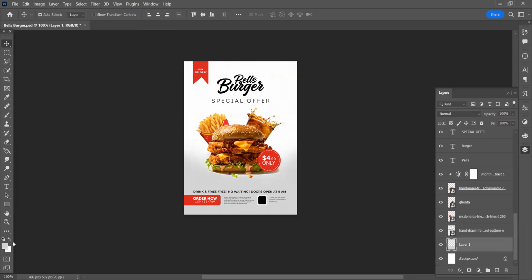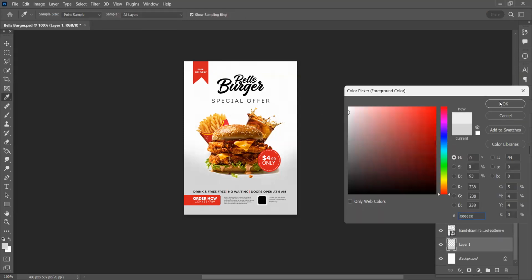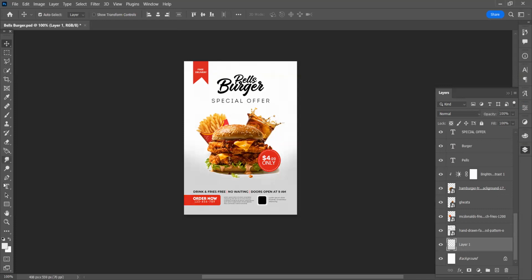So another thing we can do is I feel the top also needs to be a bit darker. We go to our brush tool. We increase the size of our brush. You can also increase the size of your brush by using the curly brackets key on your keyboard, like the less than and greater than icon.